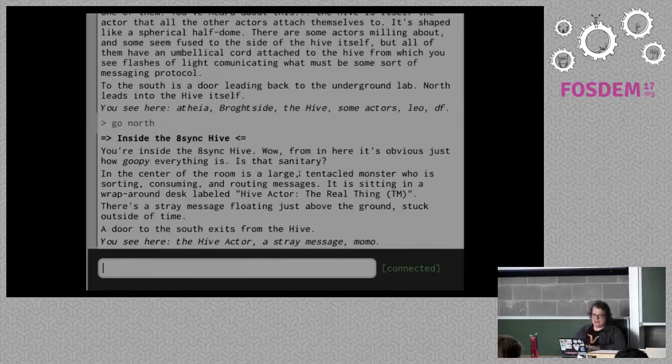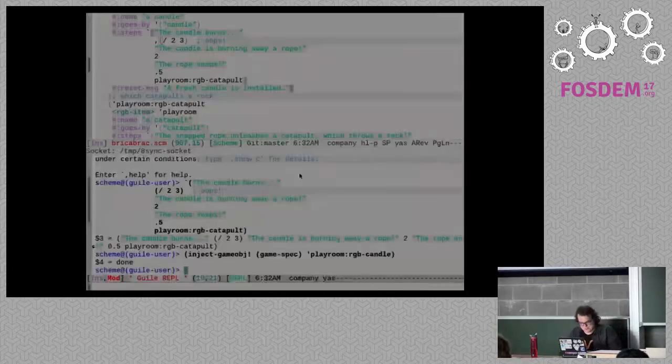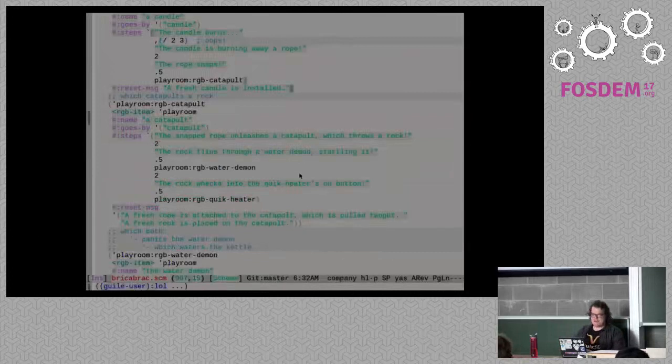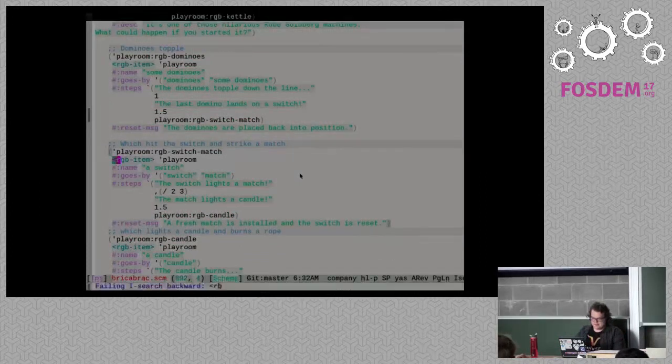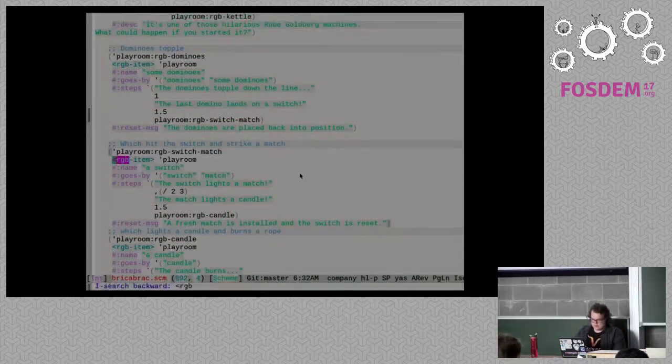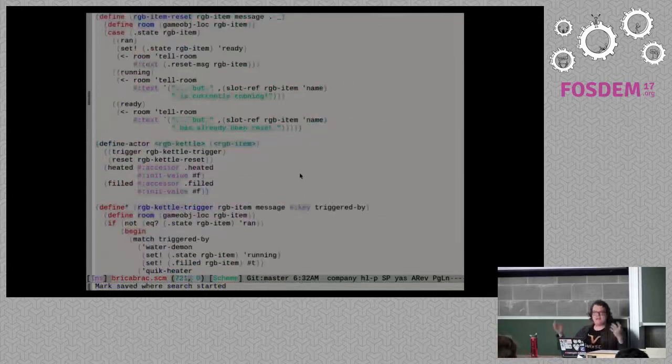So 8-Sync uses GOOPS. And for those who don't know what GOOPS is, let's look at the RGB item. So GOOPS is basically an object-oriented, class-based structure for Scheme.